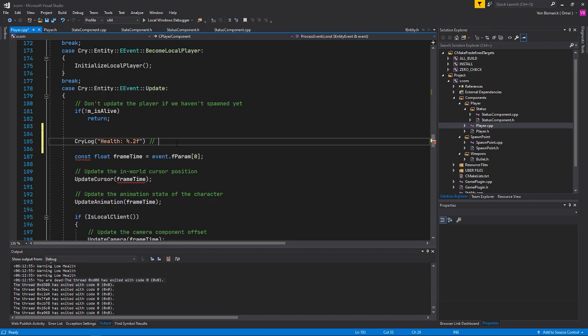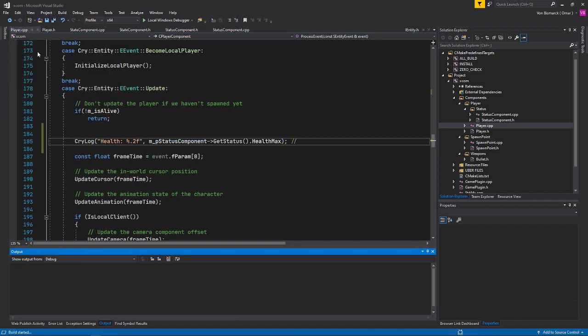If it was just the f with the percent symbol, it would spit out the whole value like that. So that's pretty useless. We don't need all that. All we need is the next 2 decimals. So with that in mind, we're going to say comma, paste that in there, health max. Right there. So now let's go ahead and save, build,